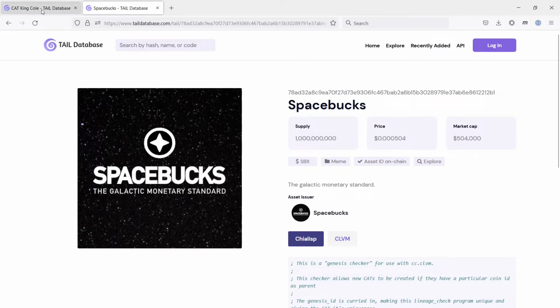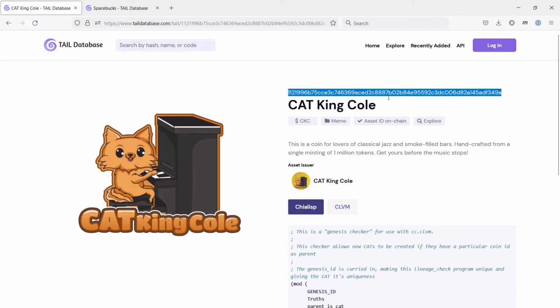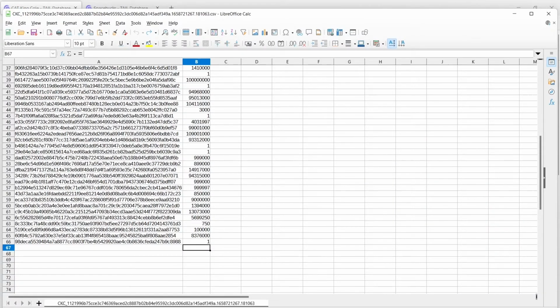Let's go back to Cat King Cole. This hasn't really been registered properly, so it doesn't have this number. But if it did, it would say 1 million. That's how many tokens there were, or coins there were. And when you multiply that by 1,000, you get 1 billion, which is what I got here. So once you know that,